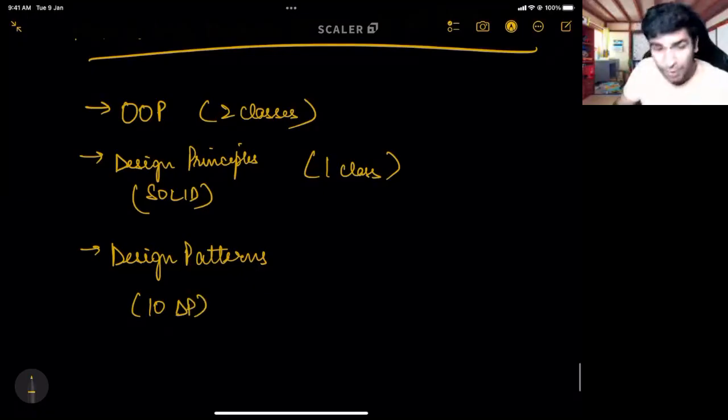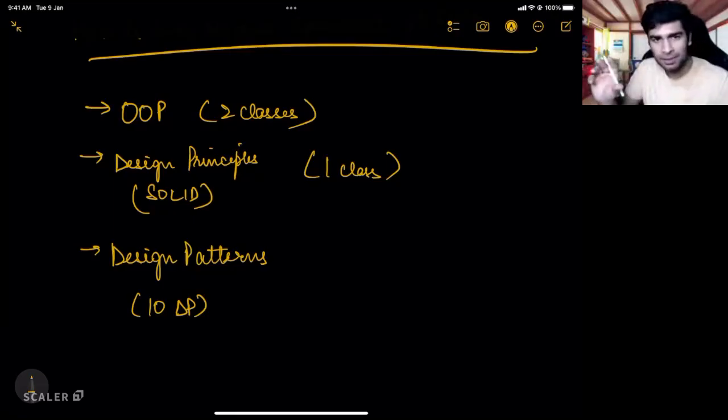We will not be covering all the 24 design patterns that are there in the Gang of Four book, but we will be covering the important ones, the ones that you are going to encounter in the case studies that will come in the interviews, or that are more commonly used even in the real software engineering environment as well. And you are free to learn about the other ones after that. It will not be much difficult for you to learn about the other ones after this.